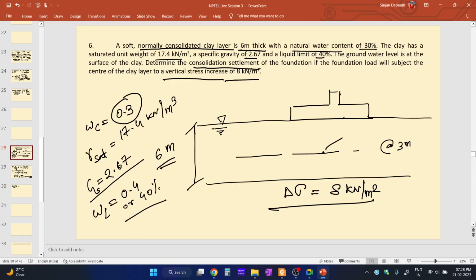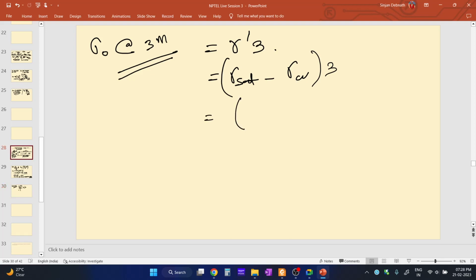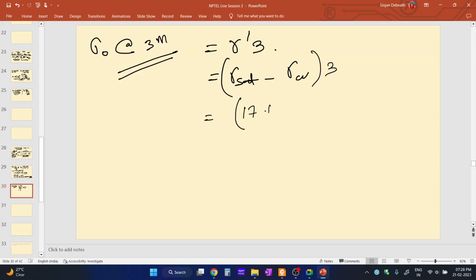So what will be sigma 0 at 3 meter? This is in totally submerged condition, so it will be gamma submerged into 3. What is gamma submerged? Gamma sat minus gamma W, into 3. Gamma sat is 17.4 minus 9.81, into 3. If you calculate this, it will come out to be 22.77